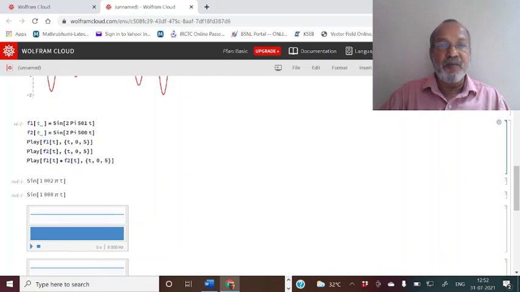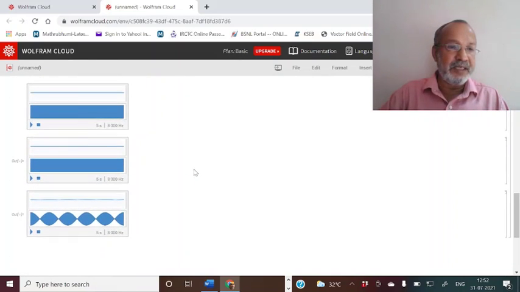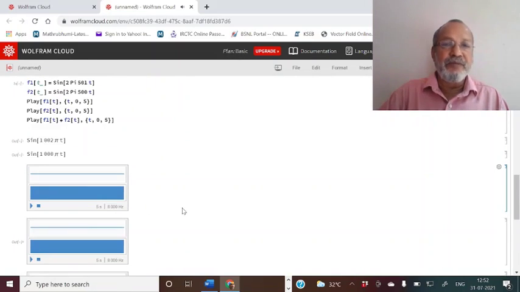I have asked the program to play the first sound for 5 seconds, play the second sound for 5 seconds, and the sum of the two sounds again for 5 seconds. I already did the calculation, so I will just play the sound. If I play the first one, you will hear the 501 Hertz for 5 seconds. So I press the play button.